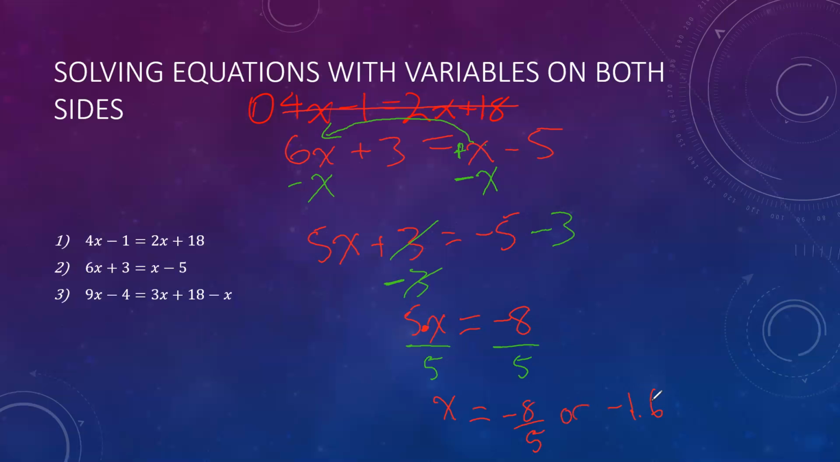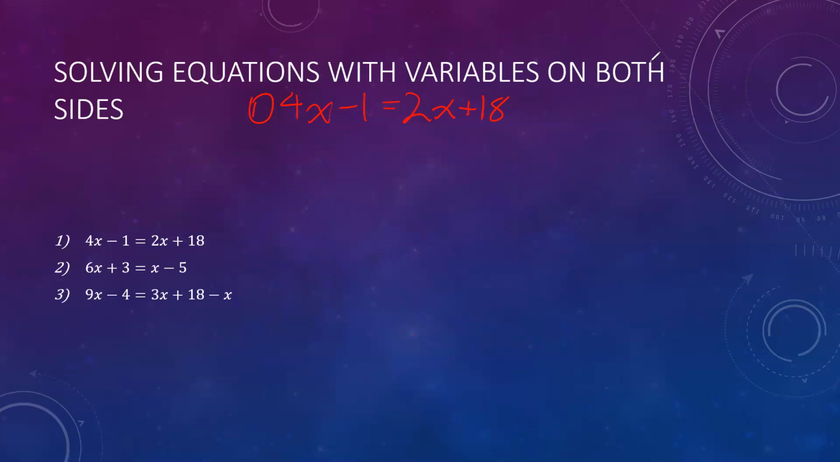And then for the third question here, I'm just going to start from the beginning. So I have 9x minus 4 is equal to 3x plus 18 minus x. So same idea as before. I want to think to myself, okay, well, which side, before I even start,